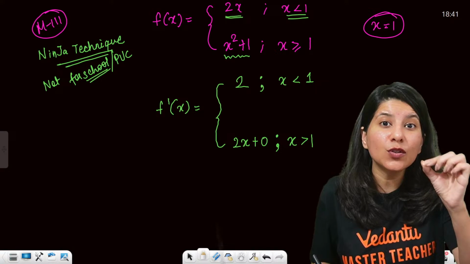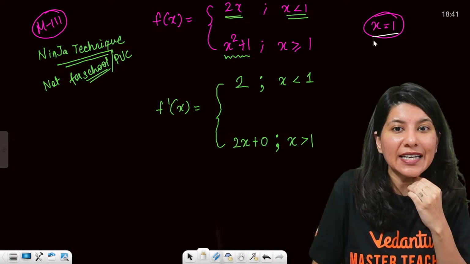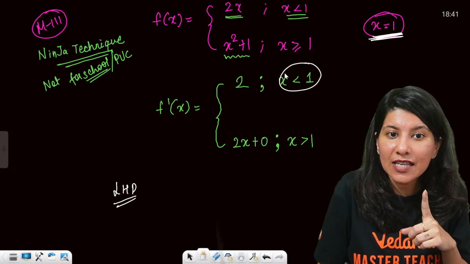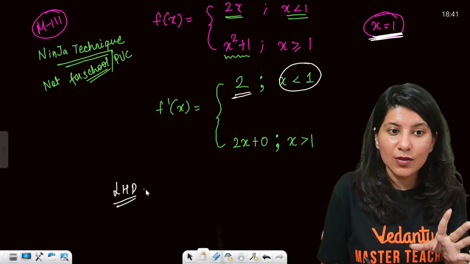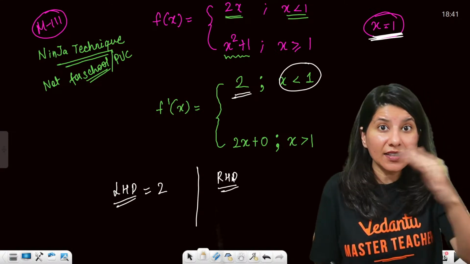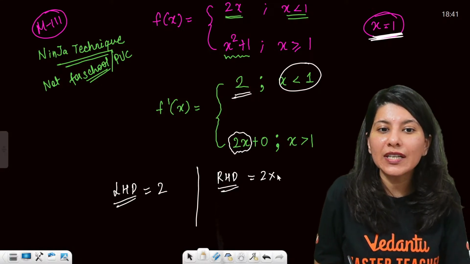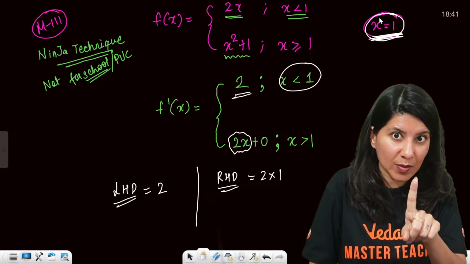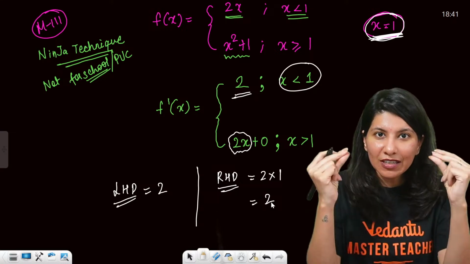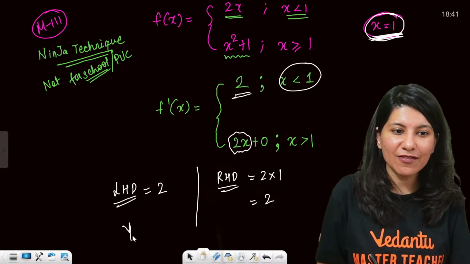Now where exactly do you want to check the differentiability? Tell me. Ma'am, we want to check differentiability at x equals to 1. So now LHD you will get when your x is less than 1. So your LHD is this. So LHD is coming out as 2. What about RHD? When your x is greater than 1, right hand derivative. So here you have to put 2x. So this is 2 into 1, because we are checking the differentiability at 1. So again, can you see this is the right hand derivative in a jiffy? You got this, and just put the value, and can you see, yes, the function is differentiable.